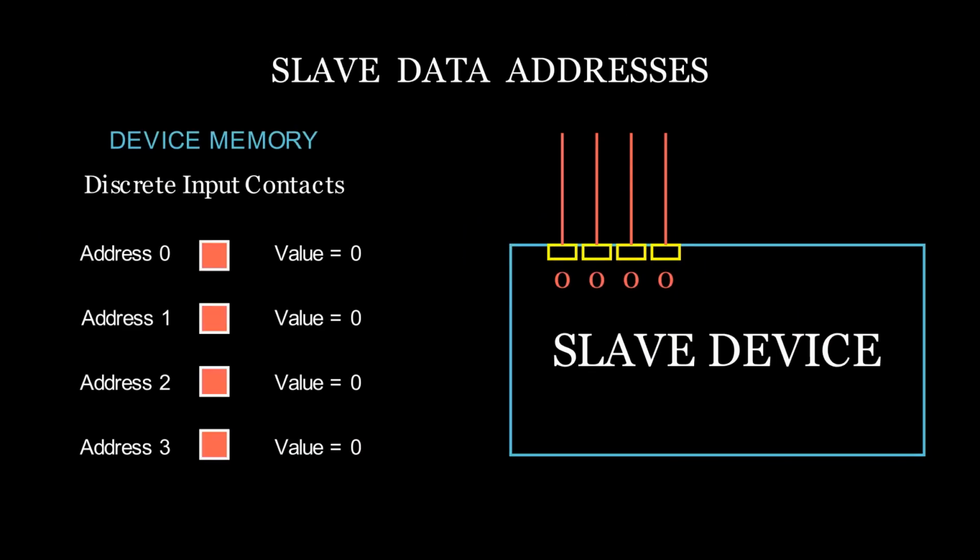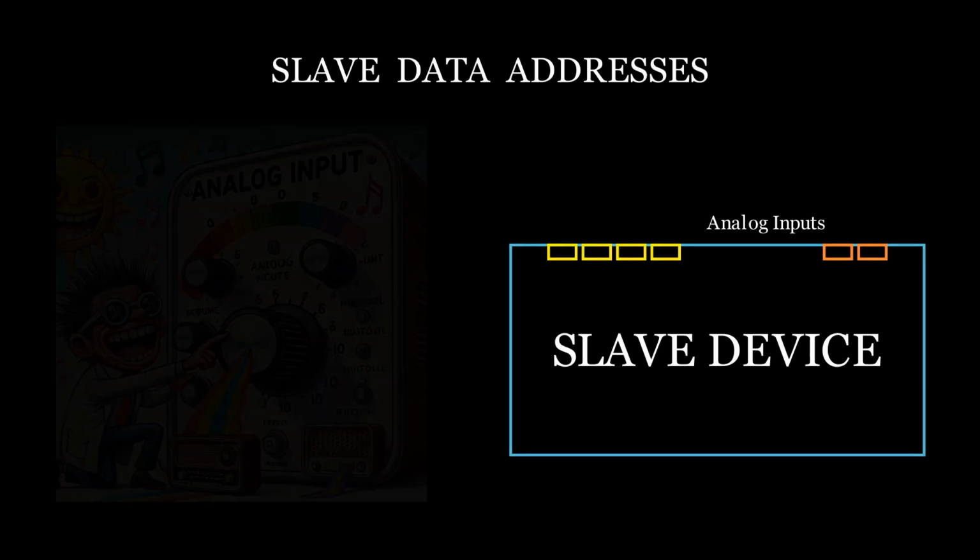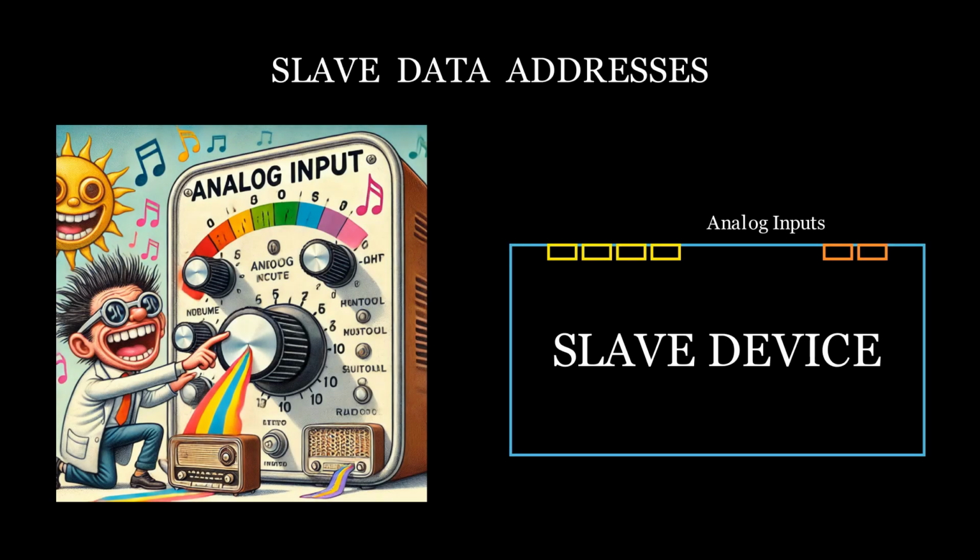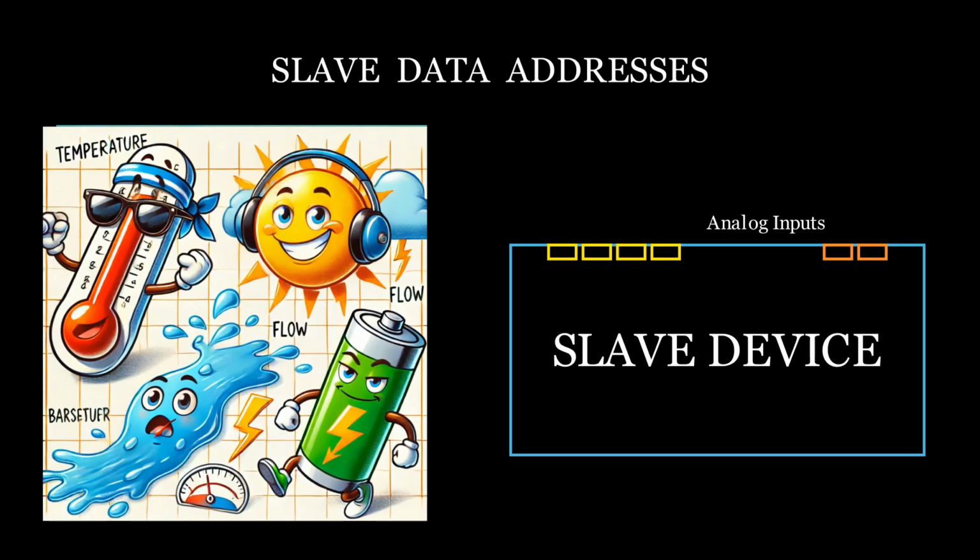Another common input type that the Modbus slave devices use is called analog inputs. An analog input is a type of input used in industrial automation and control systems to measure continuous signals. These signals can represent a wide range of physical variables, such as temperature, pressure, flow, or voltage. Unlike digital inputs, which can only detect discrete on or off states, analog inputs can capture a spectrum of values